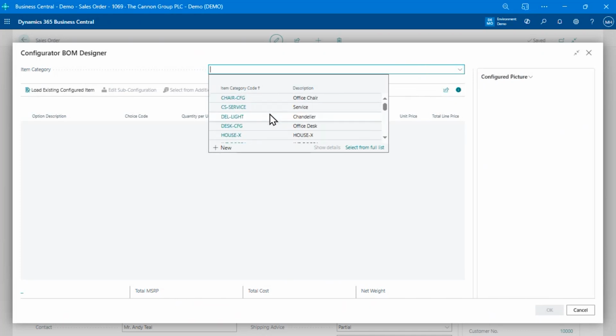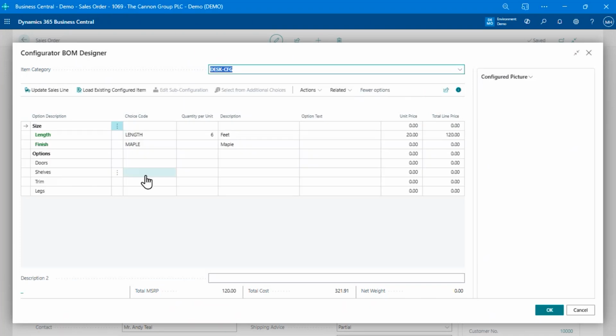to configure. So the idea behind the configurator is it works best when you have a base product line and you want to be able to add options and various configurations to it. So for example, I've got a desk here that I might want to change the length on or change various attributes of it, or I've got a valve, right? I want to change attributes of that valve, where you have a certain base product that you can add or remove options from. And in this case, like I said, we're going to start with this desk here